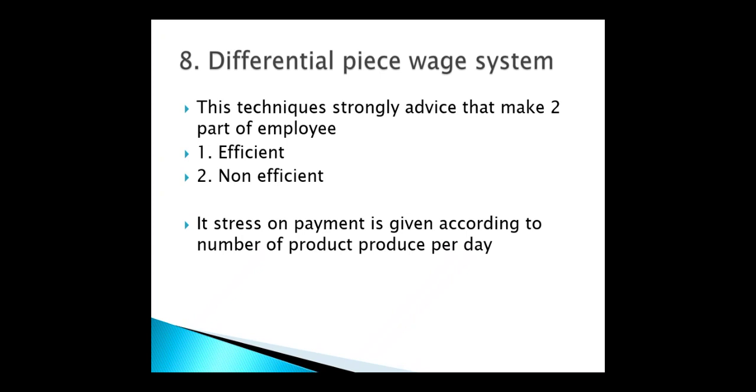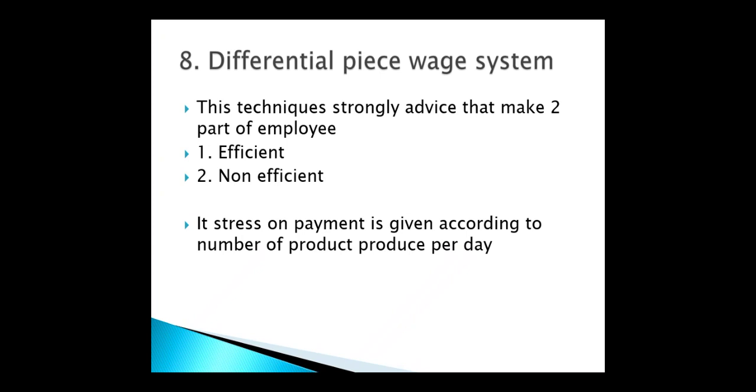So after categorizing employees into efficient and non-efficient, efficient workers will perform at any time because their behavior is efficient. No problem there. But for the non-efficient, you should try to encourage and motivate them. How you motivate them is the work of a manager. The manager should motivate both efficient and non-efficient workers.